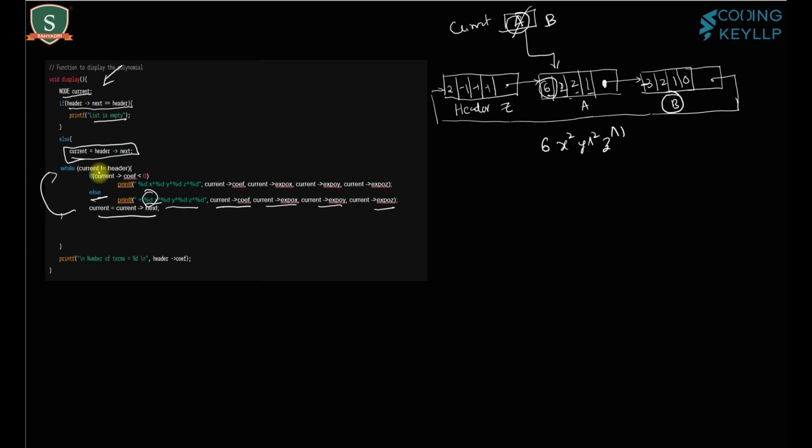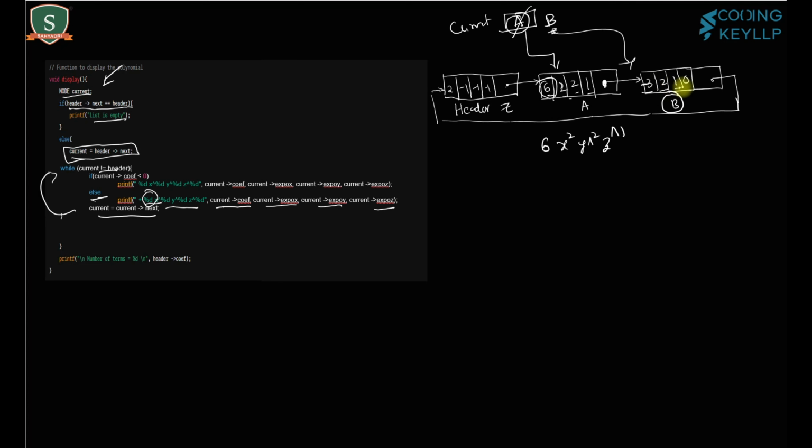It goes back here. Current is not equal to header. Is current not equal to header? Yes, current is not equal to header. Now what happens is B. When we see that B is not equal to header, it comes here and it prints minus